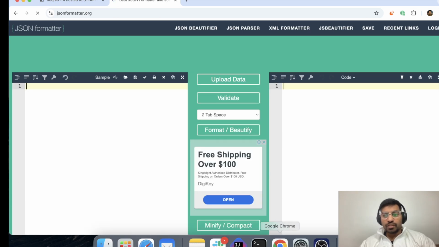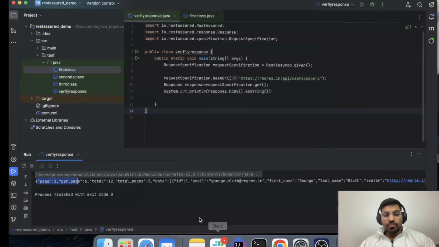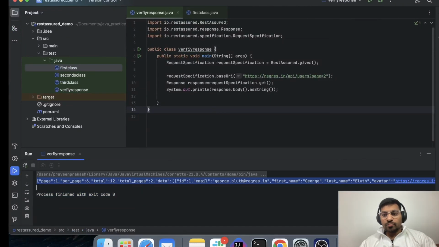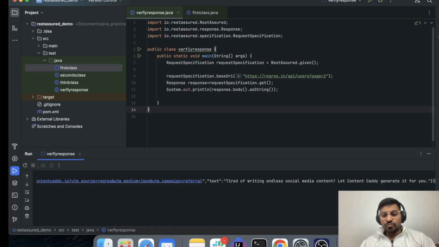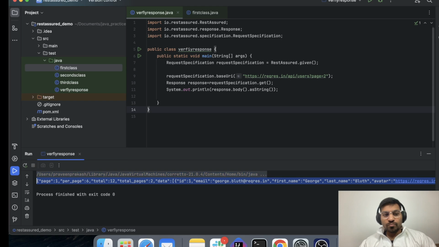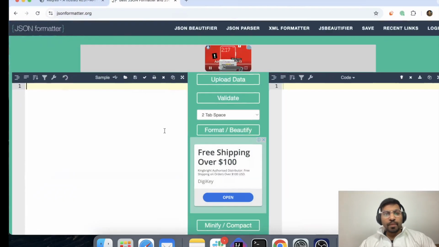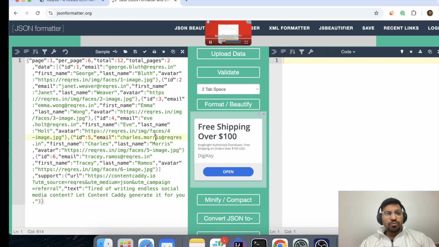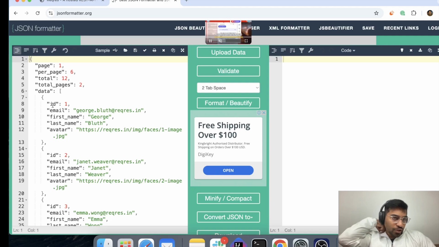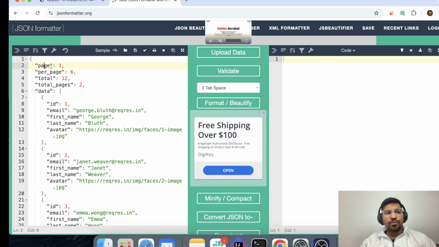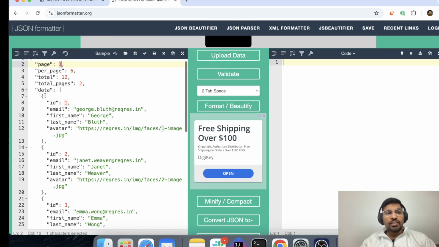So I'm removing this and just copying the complete response. You can hit directly from here, or you can also hit and copy the response from Postman. Copy and paste it here. So now click on this and you will get a beautiful image of this response. If you closely observe, this is a complete JSON response, this is the attribute and this is the value of it. And inside that there is a data